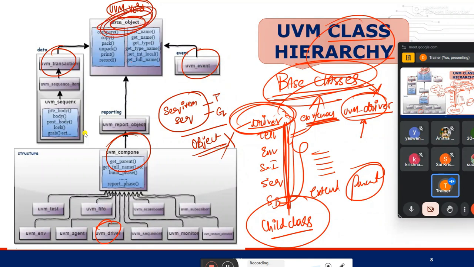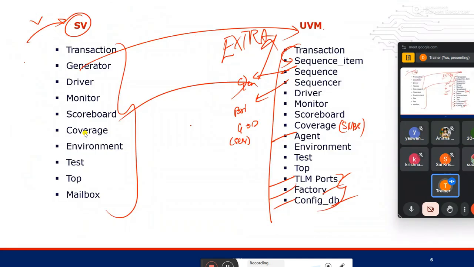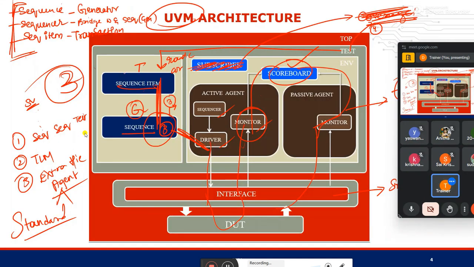Majorly we have something called object, and here we have component, correct? In the hierarchy, all the other files like test, env, scoreboard, agent, are components, but sequence item and sequence, these two are objects.